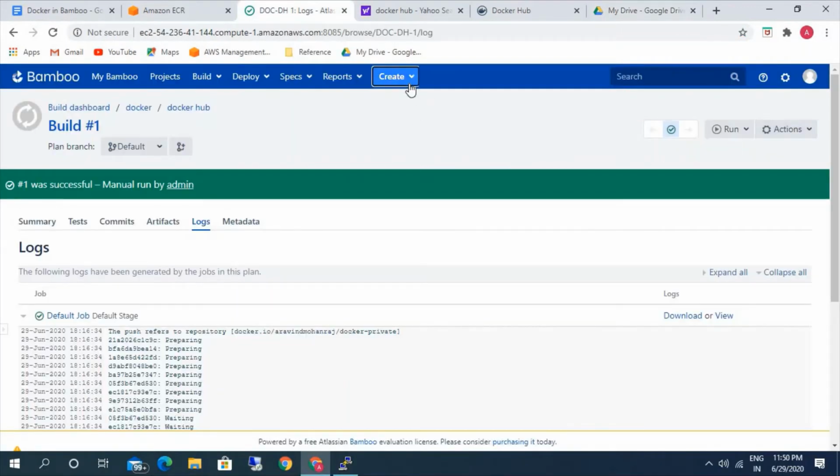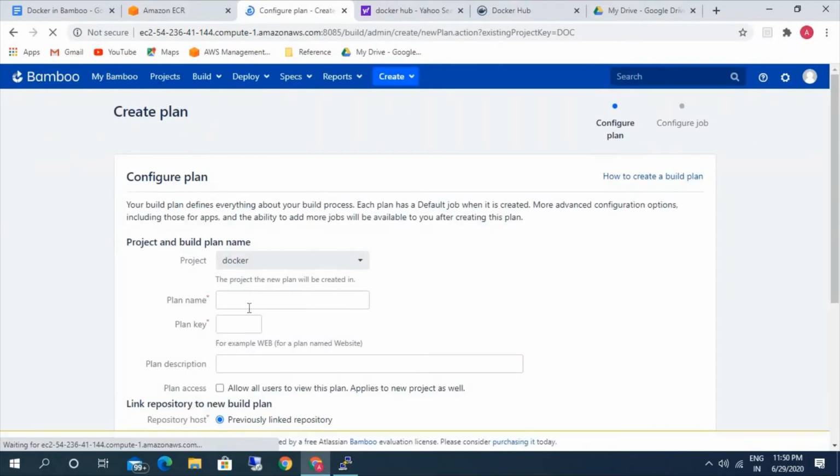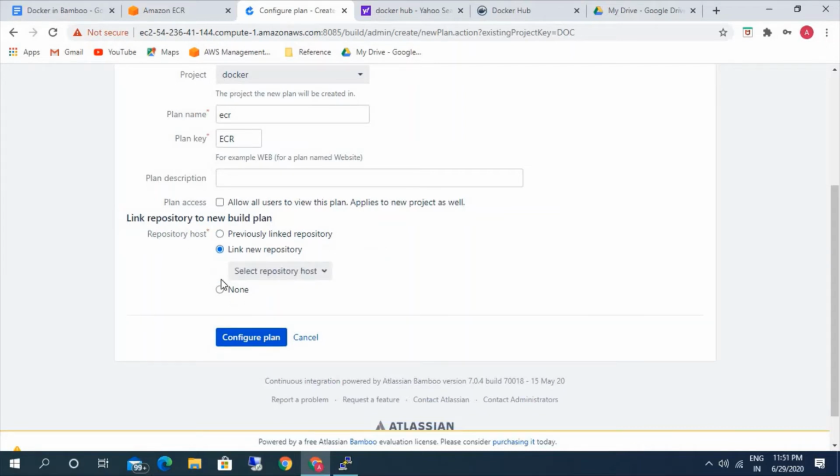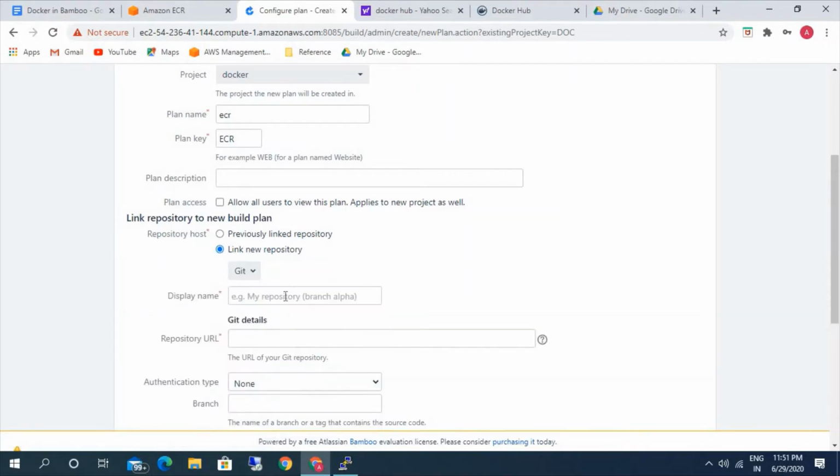So let's create a new plan. Here I'm just going to give ECR. Since previously we created the Docker file from our Docker task, this time we will use our repository in Git in order to get the Docker file. We can just mention it as -docker, or you can give any name.